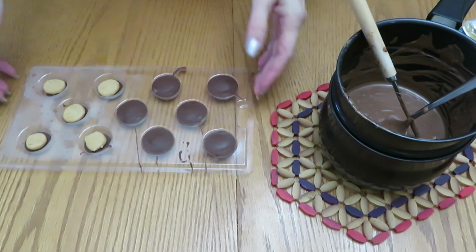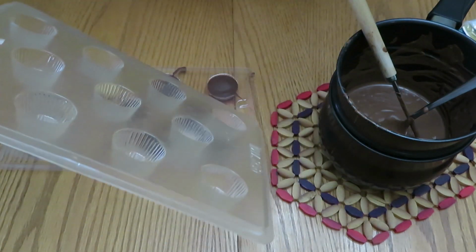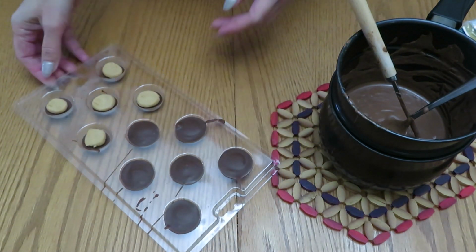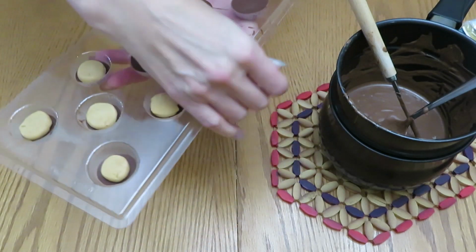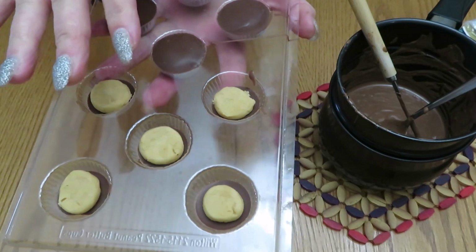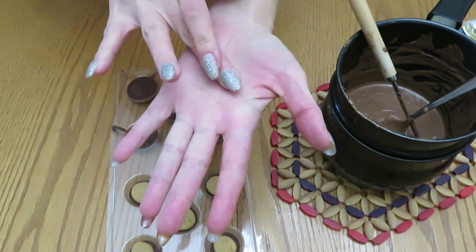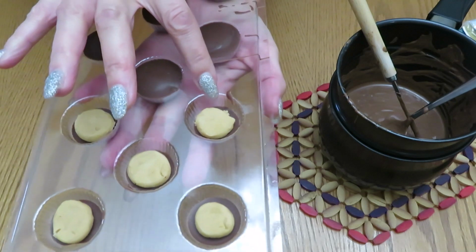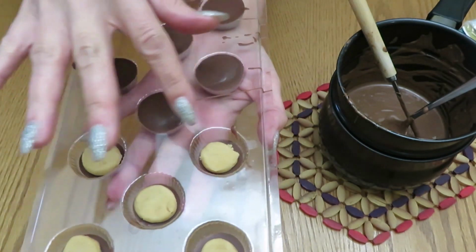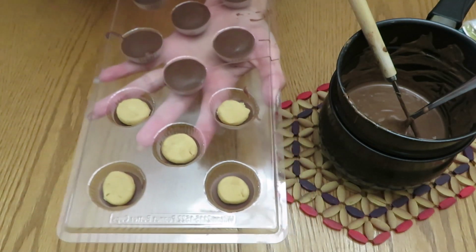Here's another thing you can do so your candy looks like store-bought Reese's. And I have here a form shaped like this. This is a really old one, and this is a newer one that actually came with this kit. What I did, I put a little bit of melted chocolate on the bottom of each section, and I put it in the freezer to freeze. Then I made a tiny bowl of peanut butter, made it flat and put it on top of the frozen chocolate, because if you don't freeze the chocolate, the peanut butter will seep through the chocolate. The peanut butter kind of gonna melt and find a way to escape. So again, I put it in the freezer to make my peanut butter nice and hard, and we're just gonna fill in